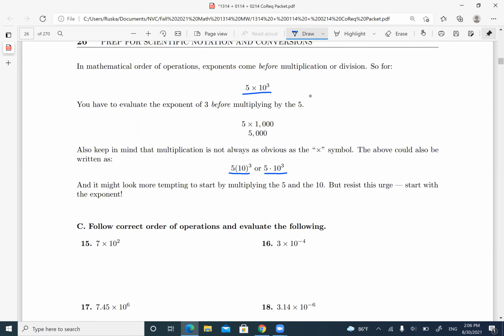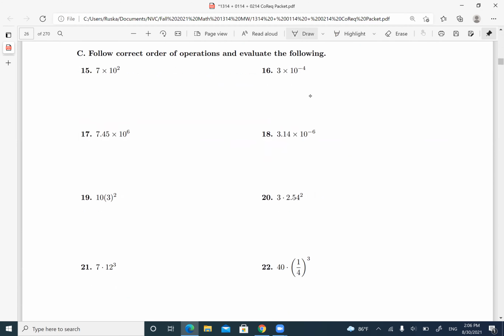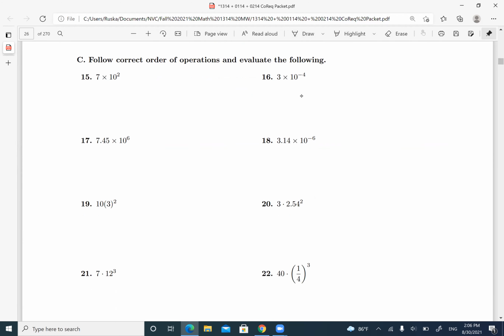Sometimes it looks more tempting to start multiplying 5 times 10, but you have to do the exponent first. Keep that in mind. Always do the exponent first. That's what you're doing first. Then you multiply by the number. Keep that in mind, okay? And then if I need to follow the correct order of operations and simplify this expression,